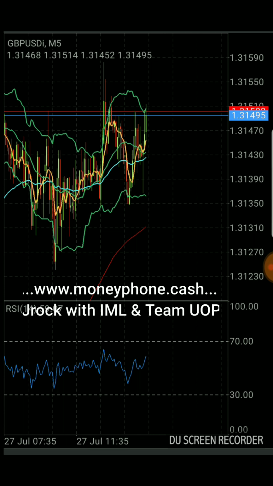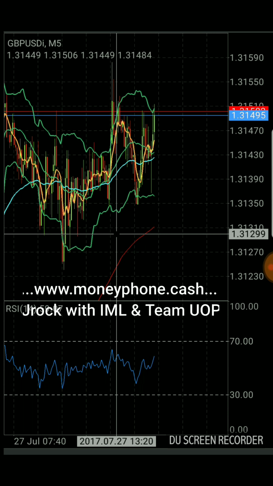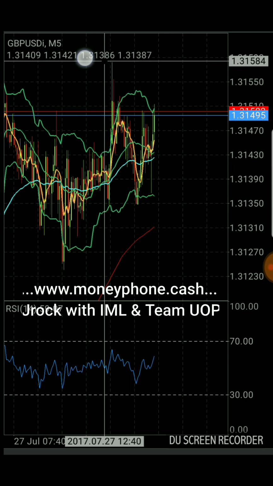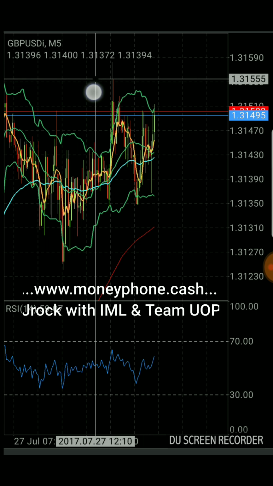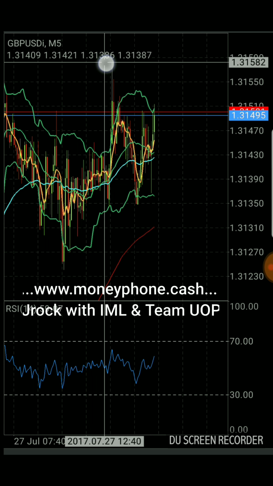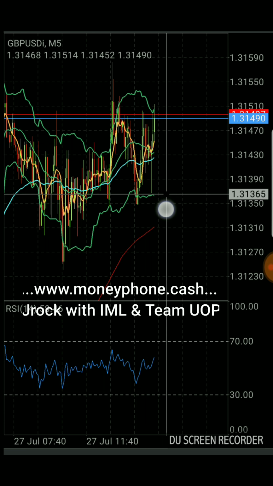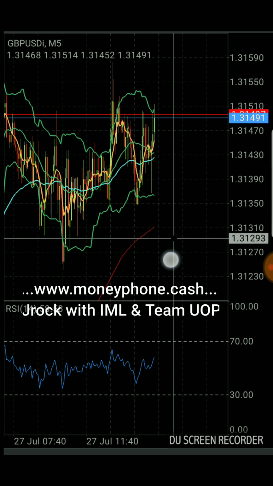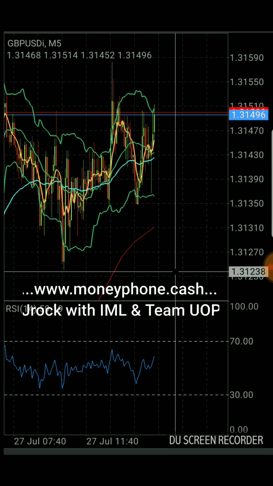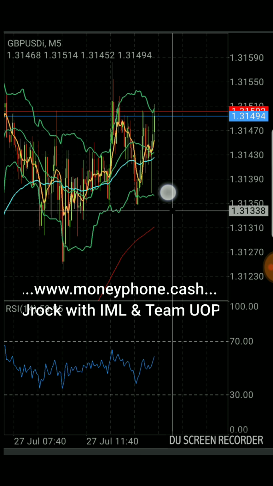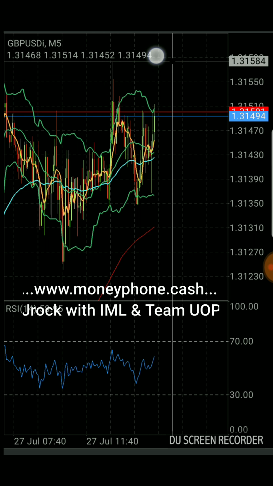So I'm going to bring my line up here, my crossbar, and see that that is about 1.31585. So I can say, okay, well, if it breaks above that point, then buy an order of X amount. Or if it comes down here and breaks below this low point, then I want to sell. So first, let's put in our buy stop order,